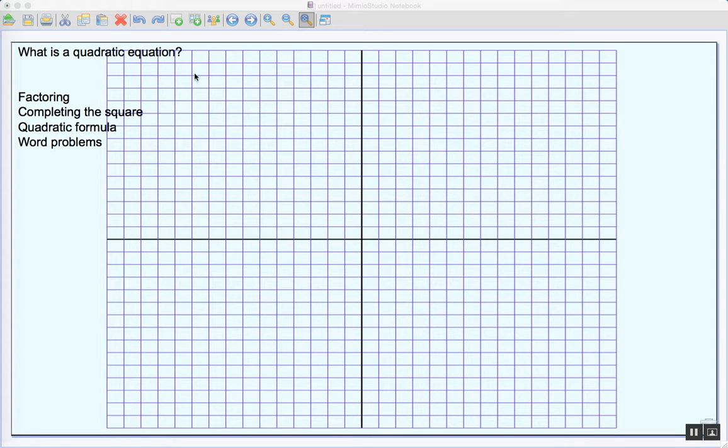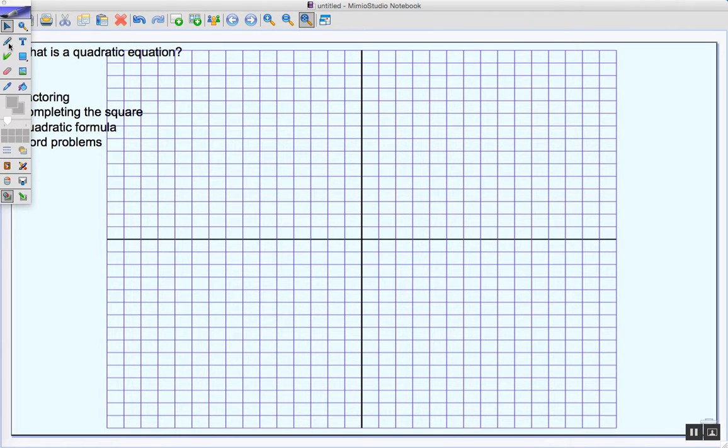This lesson is on quadratics. Quadratics are used to model several real-world scenarios, and we'll get to that part of it when we focus on the word problems. But for now, let's just define what a quadratic equation is. So a quadratic equation takes on the form